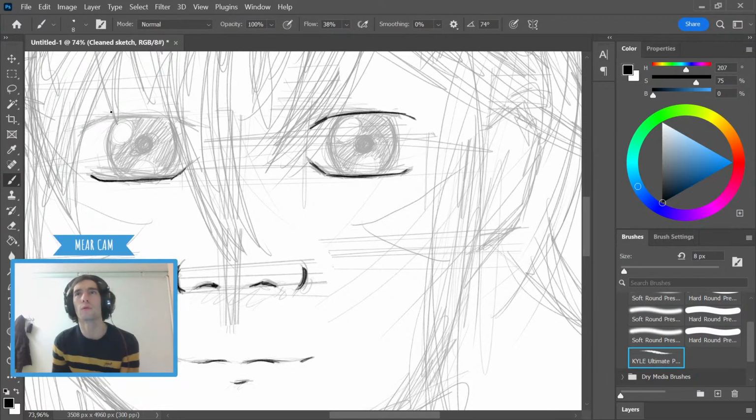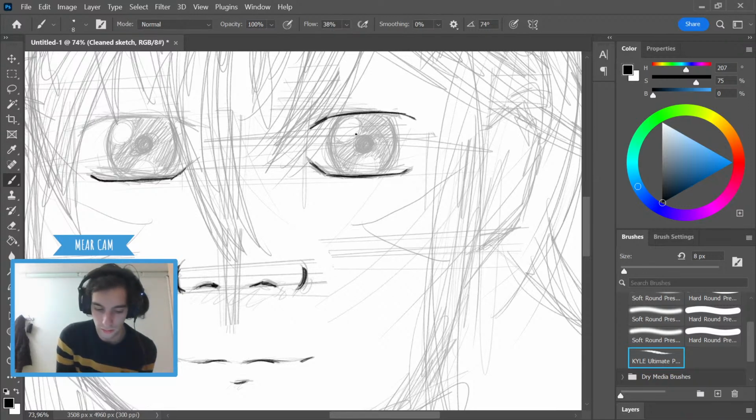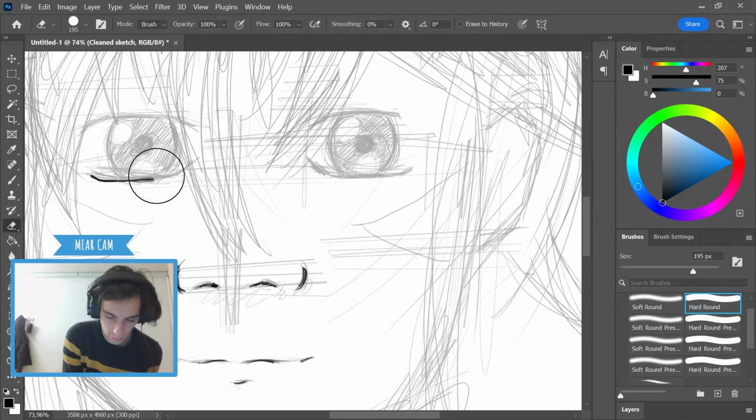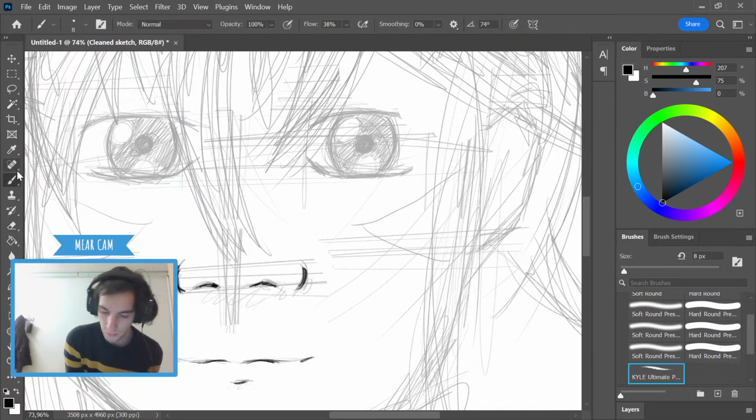Do we want to do real eyes? I think we do, right? So I'm gonna have to get away from this more anime style of drawing and doing